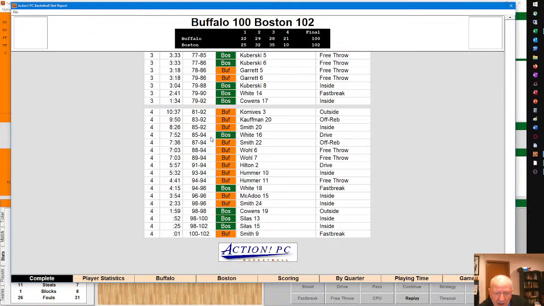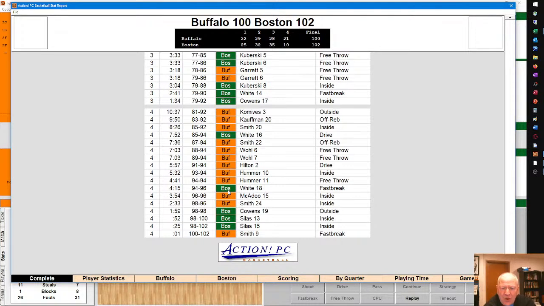And they were stuck at 94 for over 3 minutes, as Buffalo came back to tie the game on the free throws by Hummer. White made the basket at 4:15 to break the tie and break the 3-minute scoring drought.